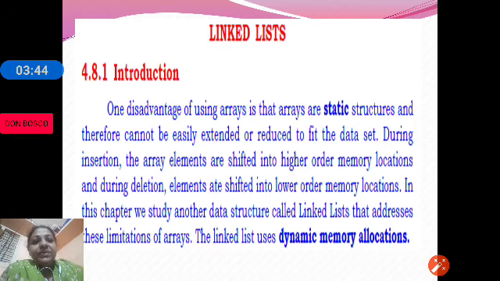That means during insertion, the array elements are shifted into the higher order memory locations. And during deletion, when we are deleting elements from the lower order, the elements are moved or shifted to the lower order.